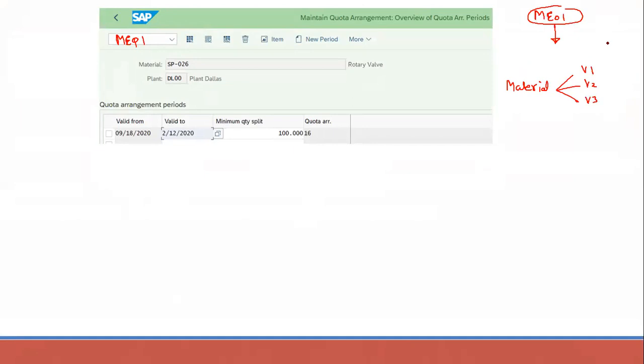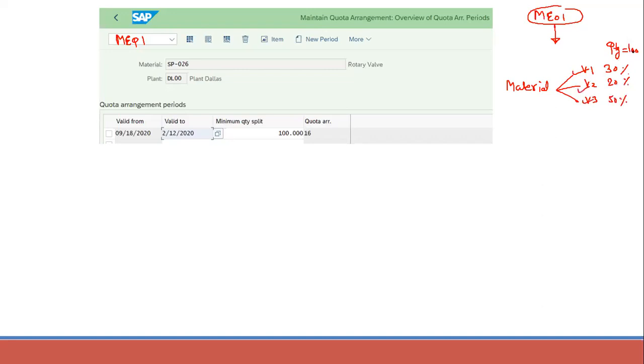And I want to procure a quantity of 100. So I can prioritize the vendor. I can give 30% should be procured from vendor 1, 20% from vendor 2, and the remaining 50% from vendor 3.